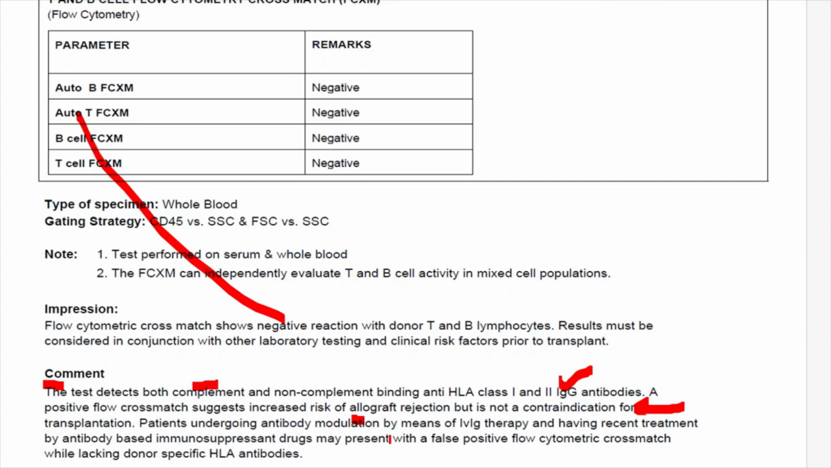Patients undergoing antibody modulation by means of IVIG therapy, or having recent treatment by antibody-based immunosuppression, for example rituximab, may present with a false positive result. So they themselves are bringing up this point. The patient should not receive IVIG or rituximab before sending this report. Why am I telling this? Because these are the two drugs we might use